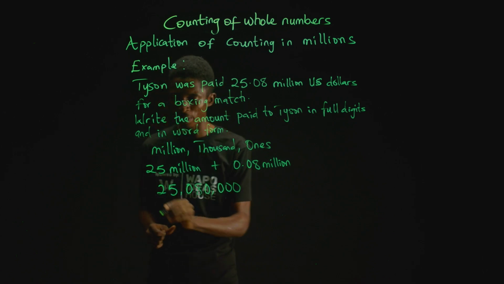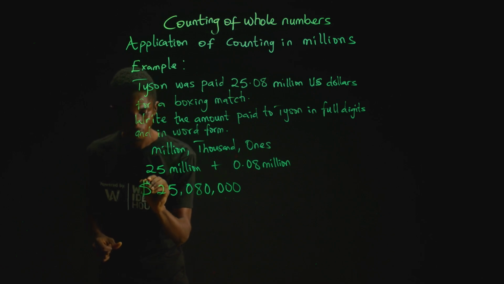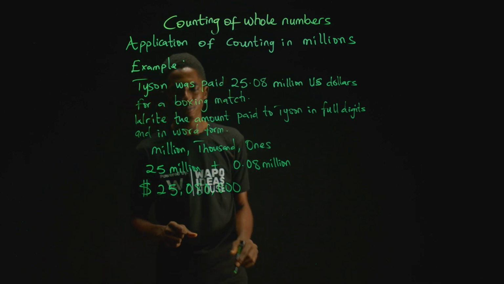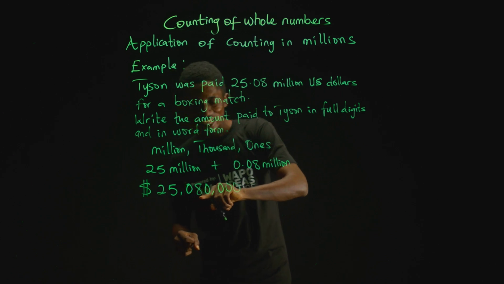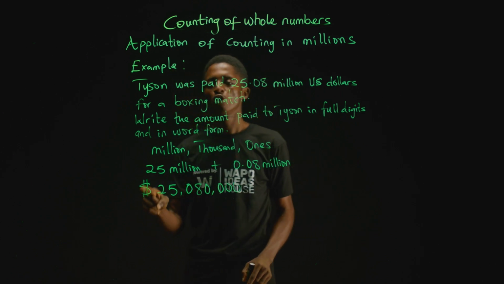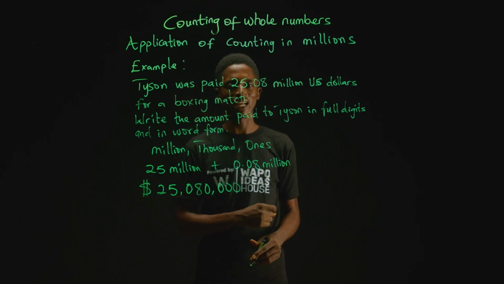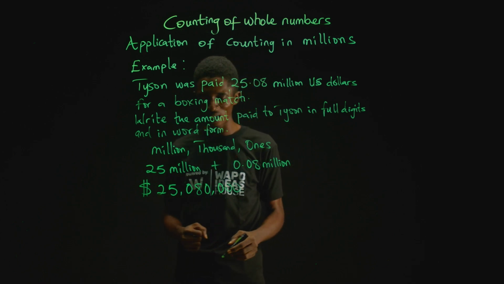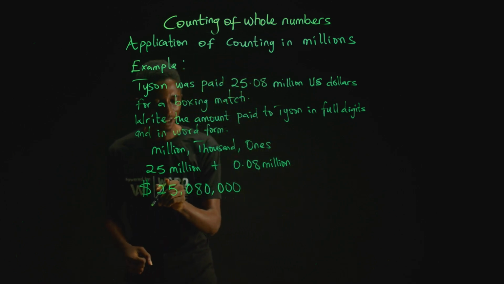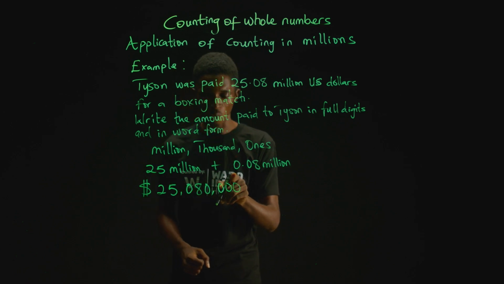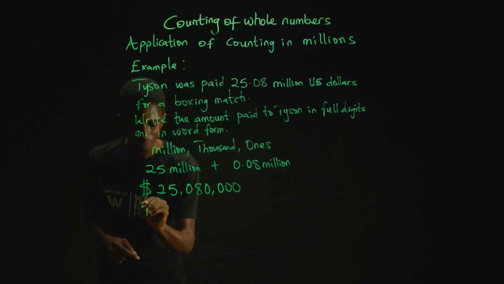So Tyson was paid 25 million and 80,000 US dollars for the match. Now let's write this in words. The million, the thousand, and the ones. So it will be